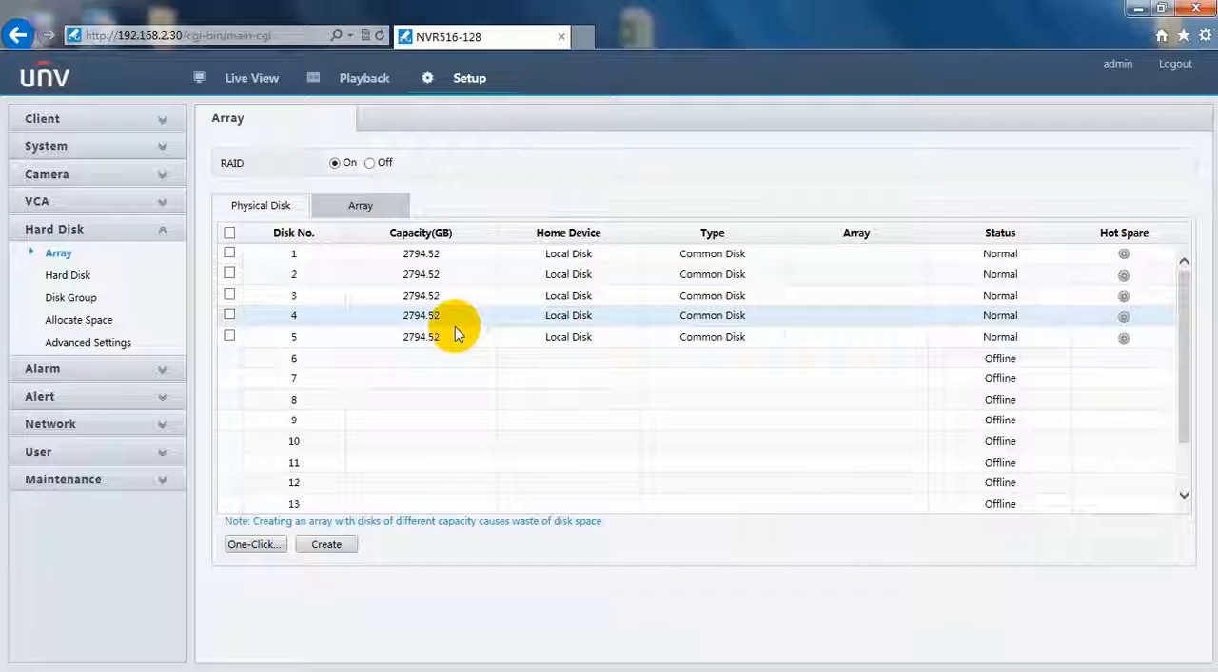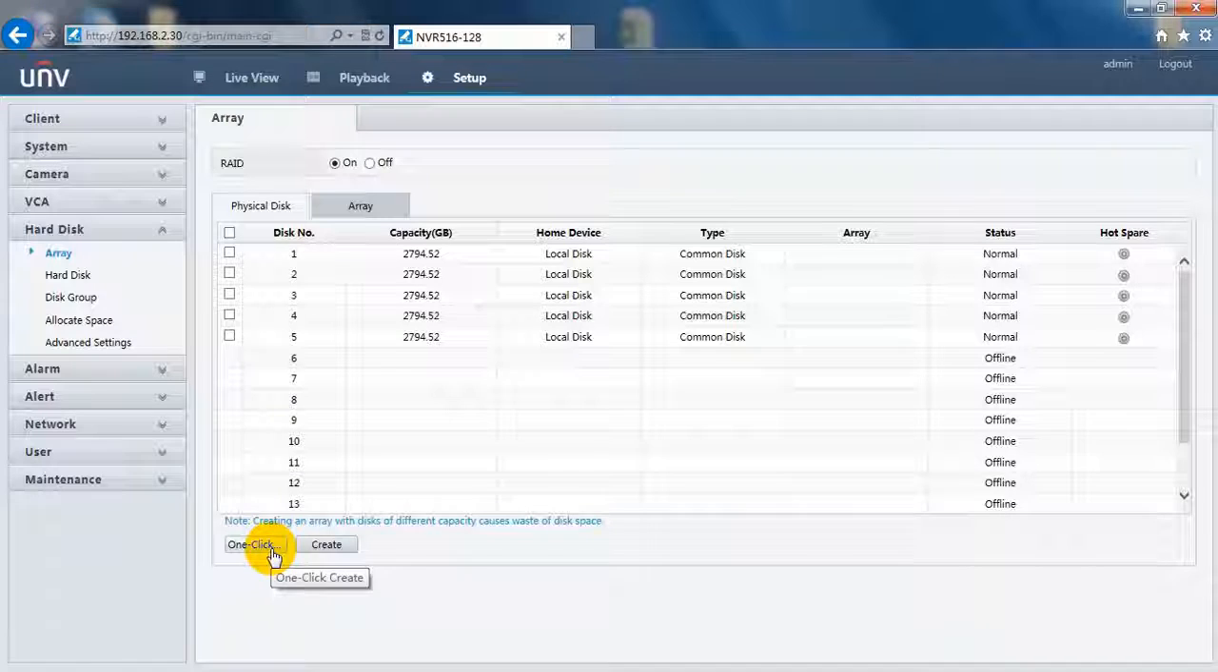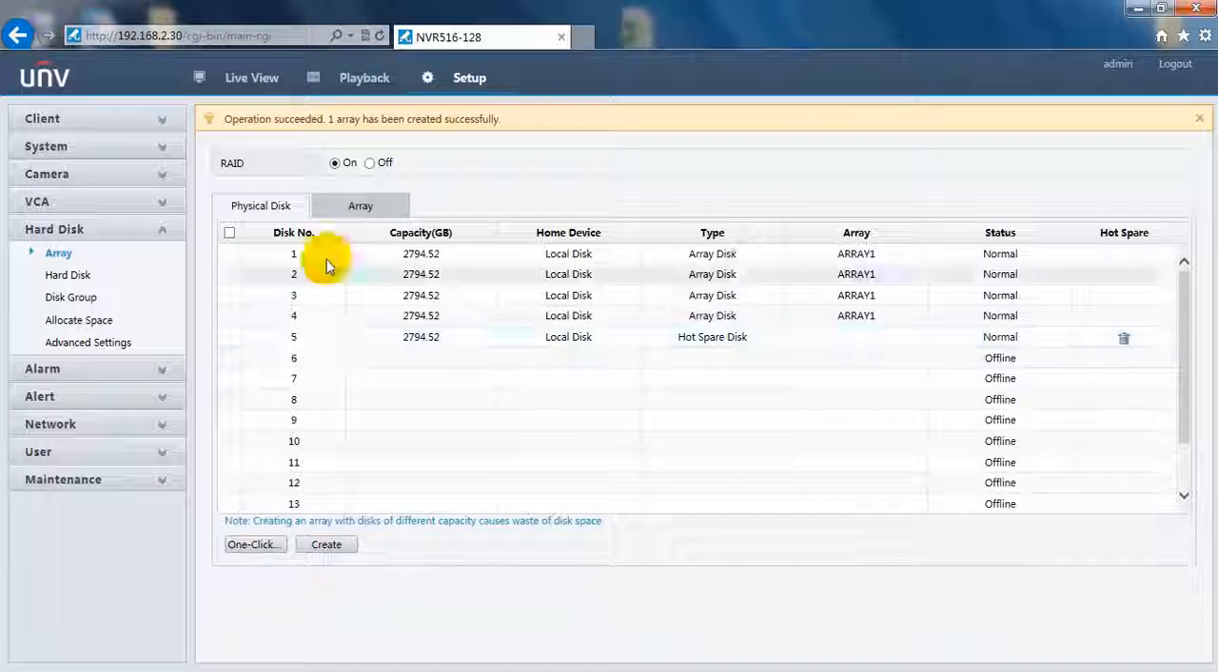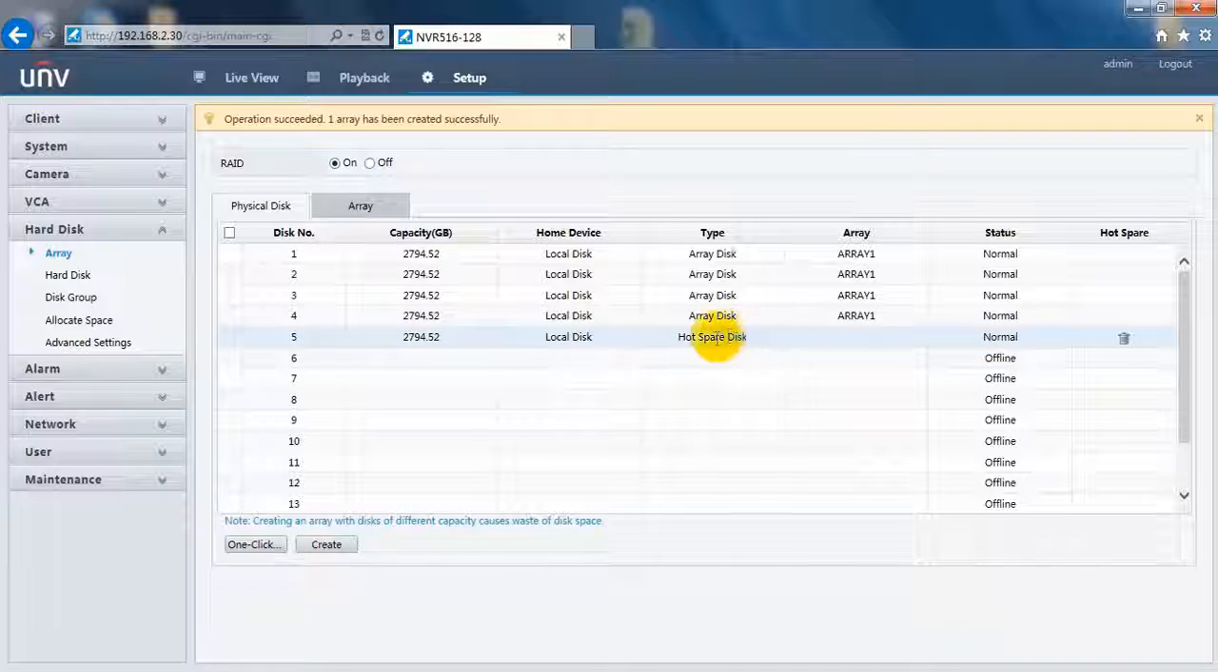We have 2 ways to build a RAID array. The first one is this one-click create button. After clicking this button, it will create a RAID 5 array automatically with a hot spare disk. Let's do it. And here it shows created successfully, and the type of this disk has changed to hot spare